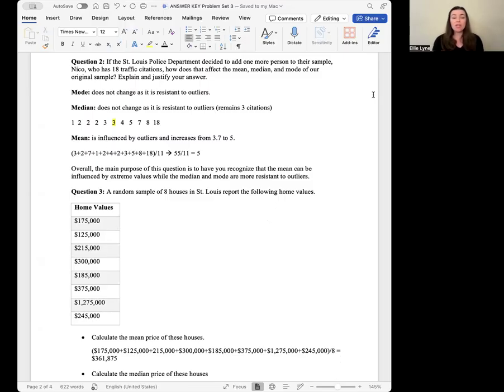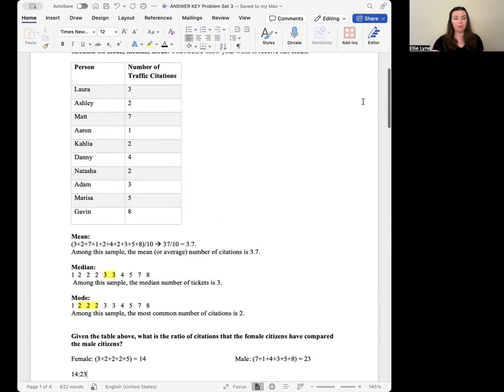And so, without even doing the math on this particular problem, you could answer it straight away. Because the main purpose of this question is to show you that the mean is the measure of central tendency that is most influenced by an outlier value. And so, taking a look back up at our table here, I see that the number of citations for our original 10 don't even enter double digits. And so Nico's is definitely stretching that distribution much higher than where the average or median value is in our